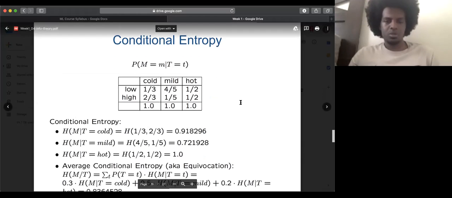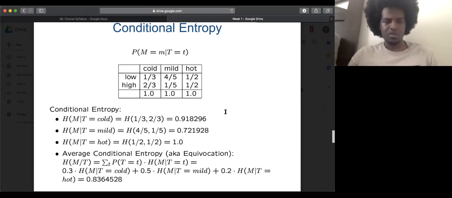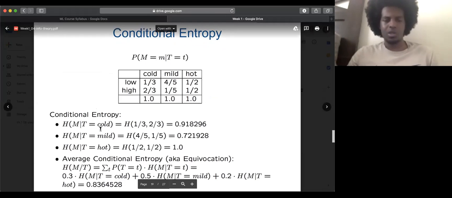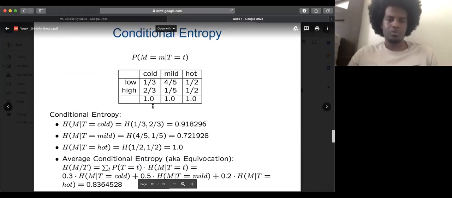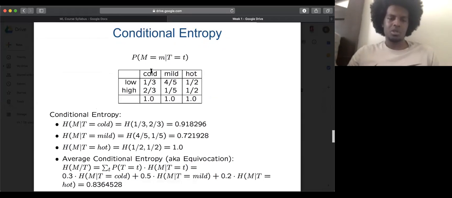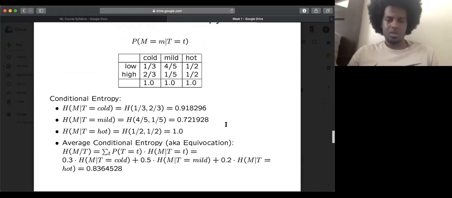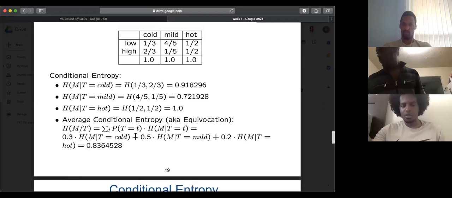Okay, conditional entropy. There's a really useful diagram below that makes a lot of sense. This is more of the same type of calculations. You're constraining the temperature to be cold and looking at all of the humidity values for that. You can see that when you have low humidity, it's 1/3. When you have high humidity, it's 2/3, and then you just do the calculation. So this is how that example makes sense. And we're doing the same exact conditional entropy again. It's the same thing as the example above. So if we're good here, I'll keep moving.